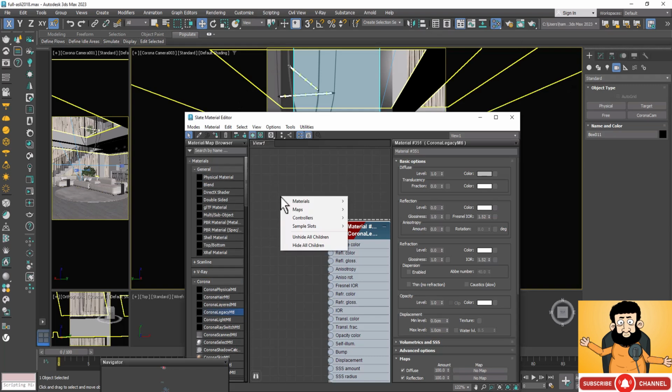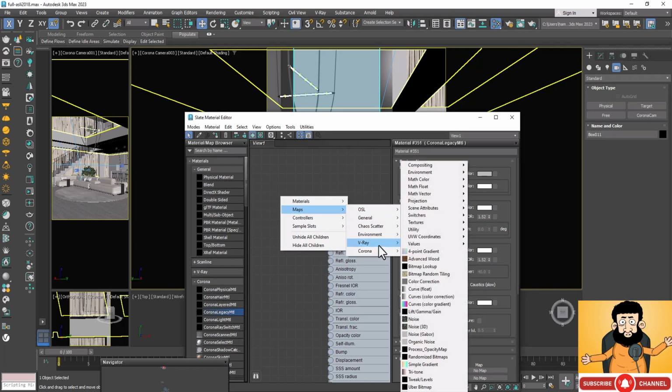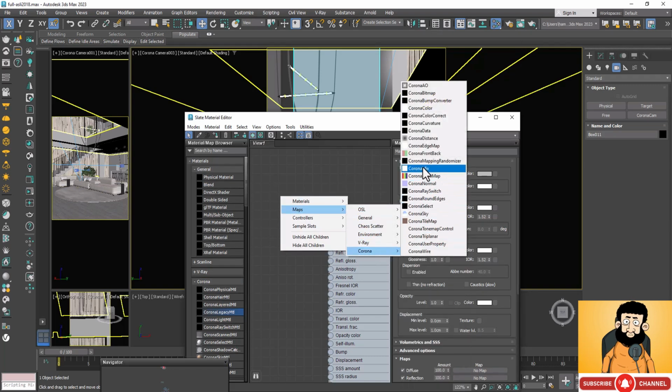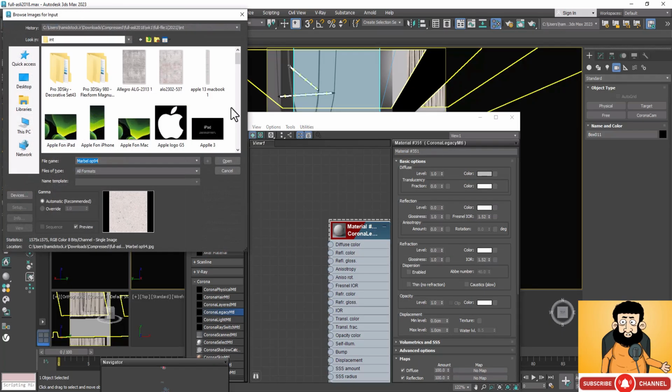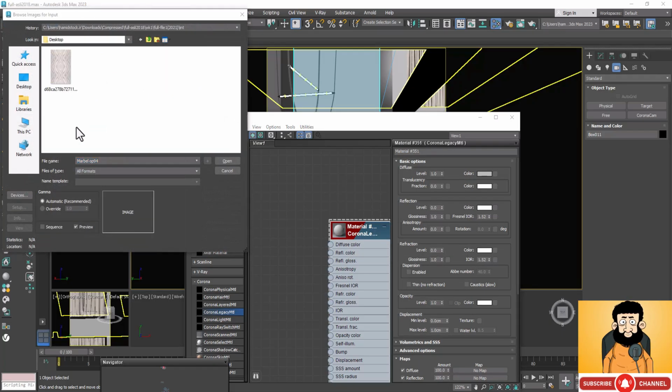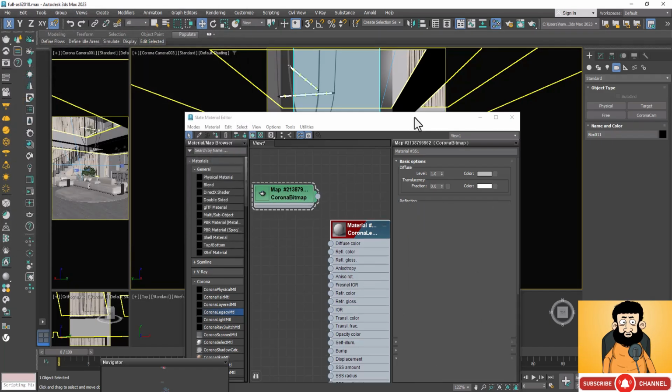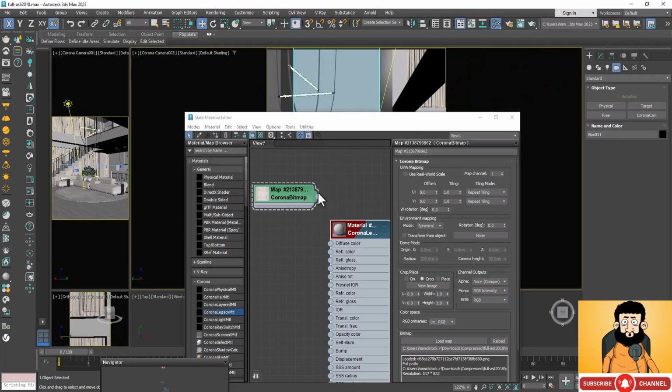And by using Corona Bitmap we go to where this. We save the bitmap and open it, it is attributed to diffuse, and that's it guys, we don't do anything else, only I